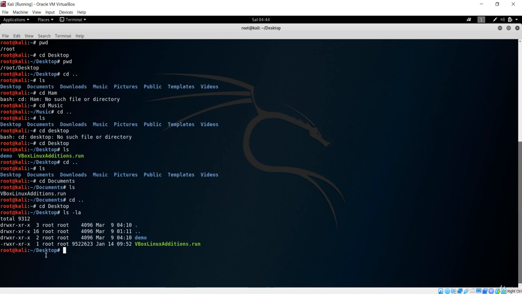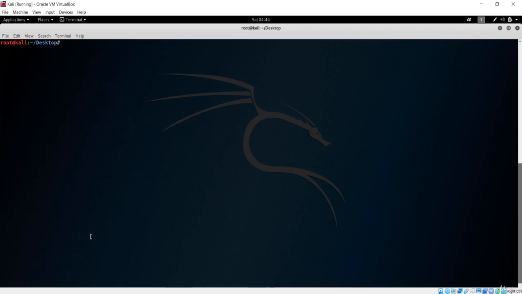So we are inside this desktop. If you want to go to another directory, you can simply change the directory. If you want to create the folder in downloads, you can simply change directory from the current directory to downloads. I want to make it inside this desktop, so I'll just say desktop. So let me clear this console first.